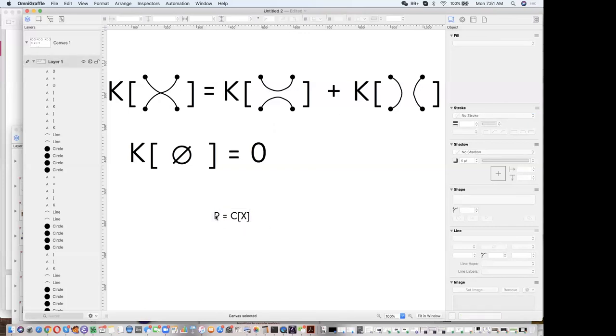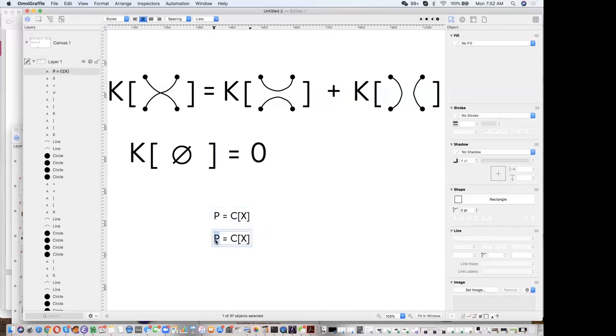So what we're going to say then is that K of P, which is the Kaufman bracket, is going to be equal to, sorry, let me do this in a non-destructive way. So now K of P